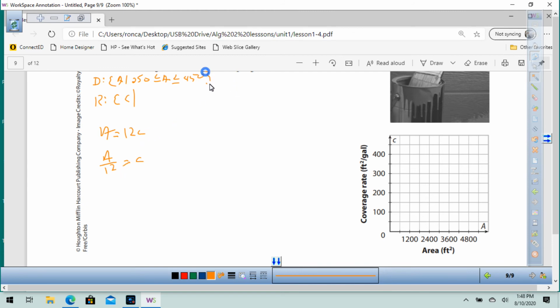And let's see here. So the range, well, I got the range right there. 12 times 250, 12, 0, 10, 1, 4, 5, and then 250 is 3,000. So we're going to have 3,000 is less than or equal to C, which